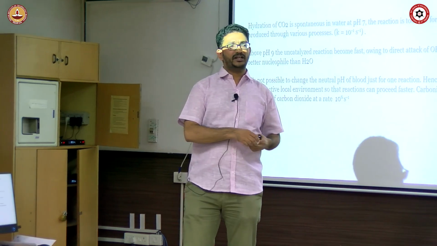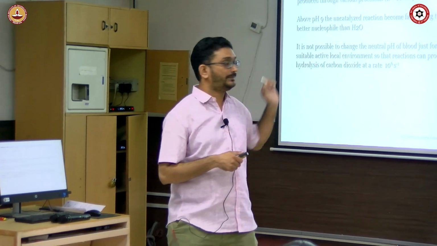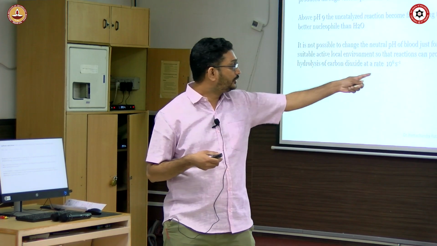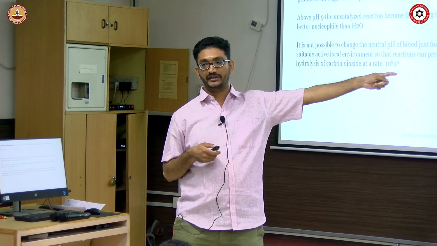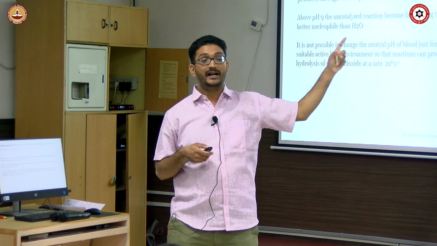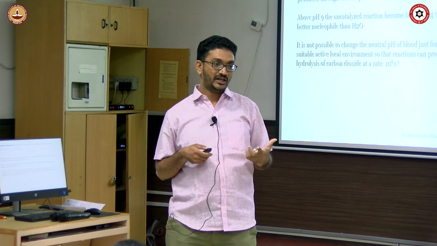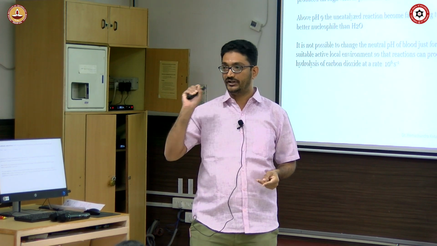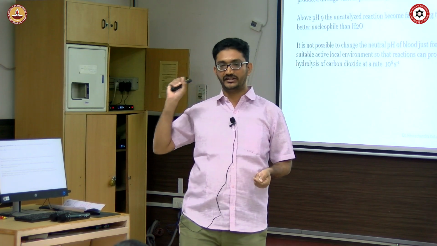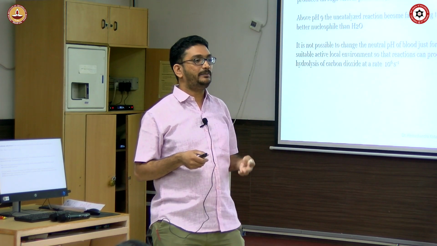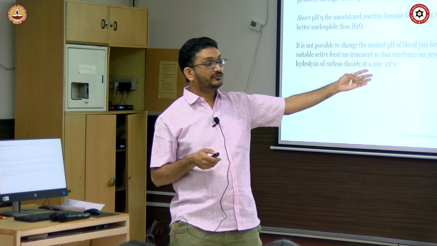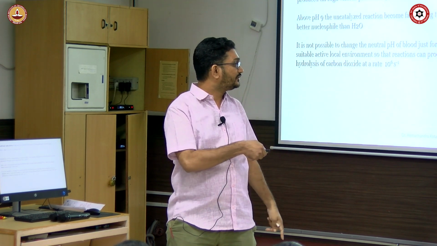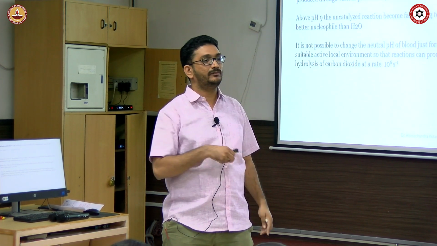It is a very, very slow reaction at neutral pH. If you want to increase the reaction rate, you need to make OH minus a better nucleophile, and that happens in basic pH. That means you can accelerate this reaction by changing the acidity. If you increase to pH 9, pH 10 or so, the rate of the reaction will increase much faster, because OH minus becomes a better